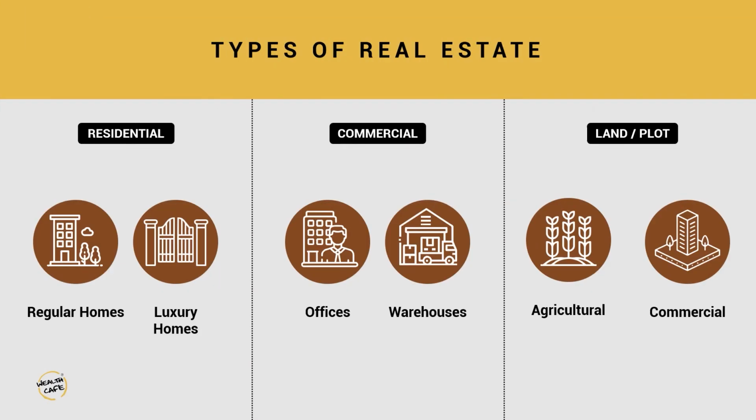Now, what varies across these 6 different options under the real estate asset classes that we introduced to you is the kind of rental yield you will expect and the kind of price appreciation. In certain properties, you invest for the rent that you get from the property, whereas in certain properties you would invest for the potential they have in terms of the appreciation in the value of the property. And in some of them, it is a combination of both. Let's look at each of these one after another.